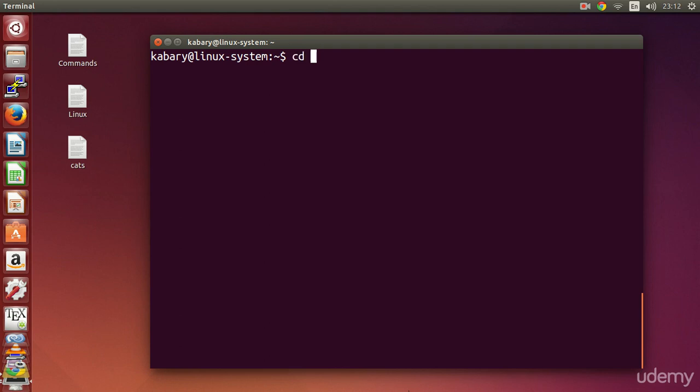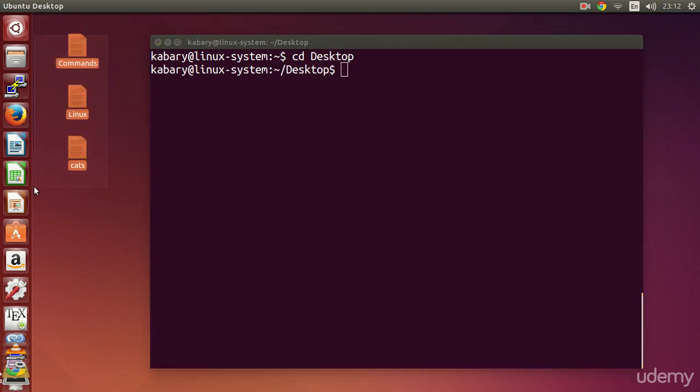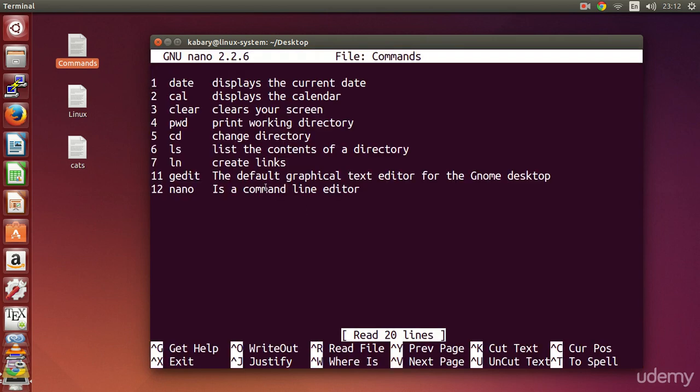So let's go to my desktop, and as you can see here I have the same files that I had from the last video, right? Okay, so what if I want to open my file commands using my Nano editor? It's very simple, just the same way that we did with gedit. You type your text editor name, which in this case is Nano, and then type the file name that you want to open. So I'll just say commands,